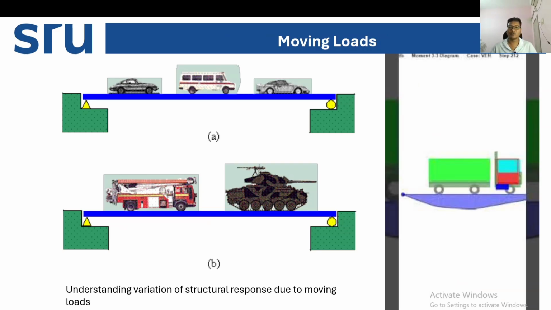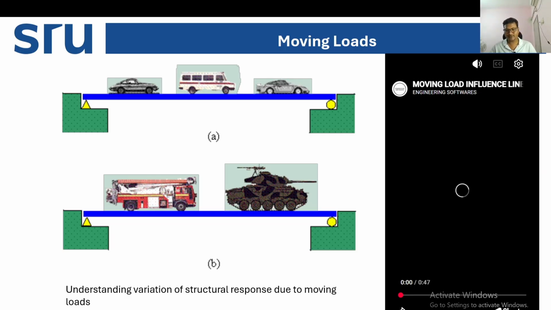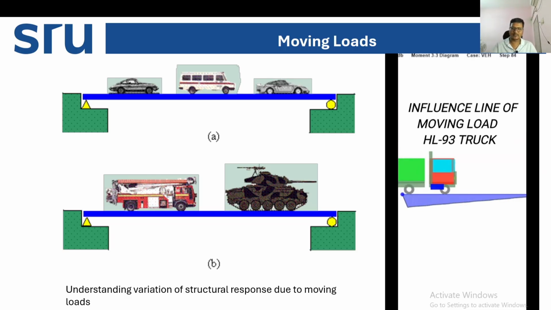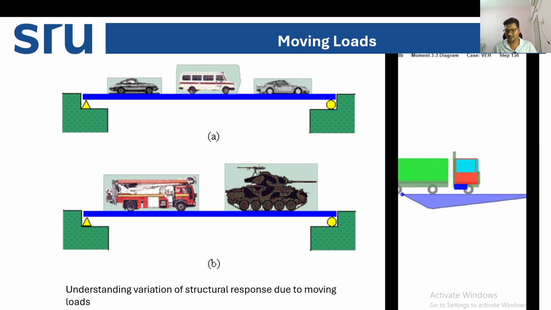So what is moving loads? Let us just see this. One video is playing on the right hand side of this screen. You can see that a load is moving, let's say on the bridge. Because of the loads, what happens? What are the responses, and how are they varying on the bridge? Look into this. If the load is moving,